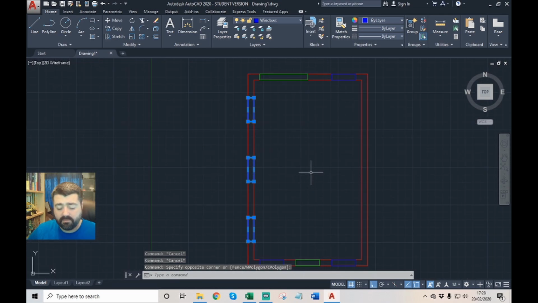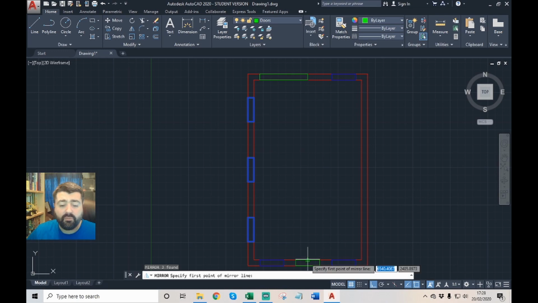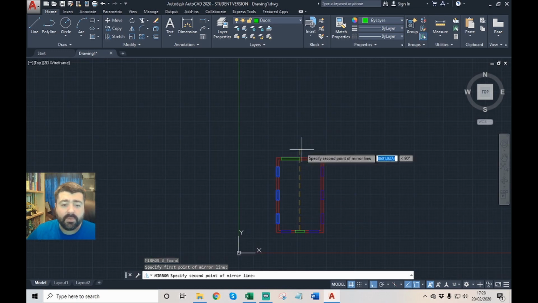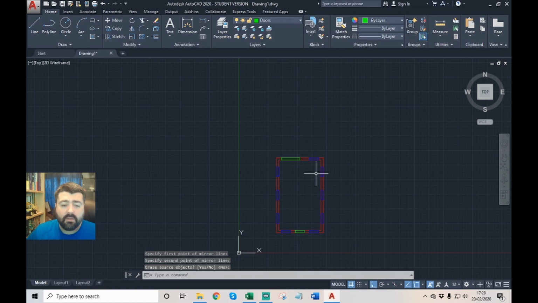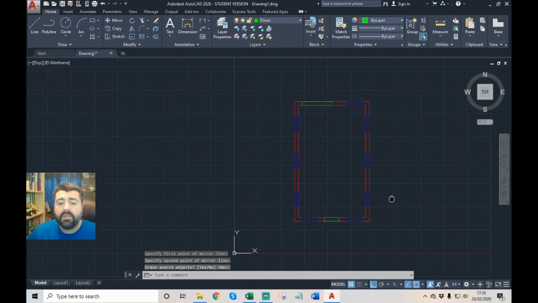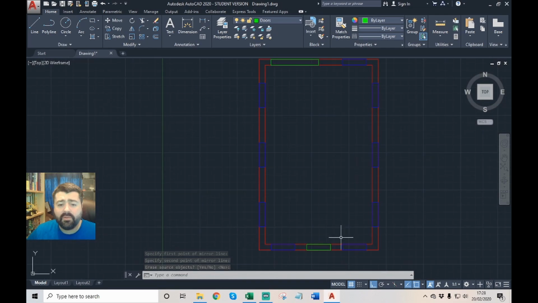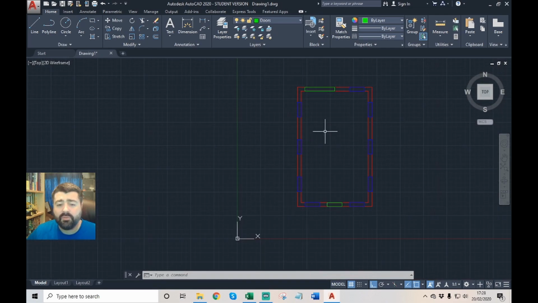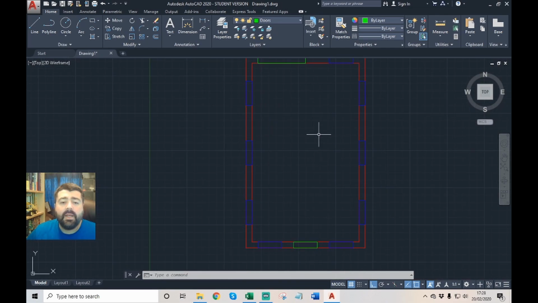Okay, so to get those windows in one move exactly where I want them, I've left clicked and selected them, and I'm going to do mirror, and I'm going to pick the center of my wall, which is also the center of my door, move it up here and choose no. So there we go. I've got my house, got lots of windows, it's got two big doors, or one big door and one normal door. And the next thing